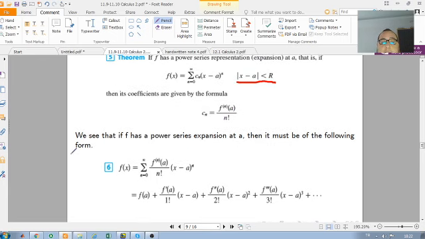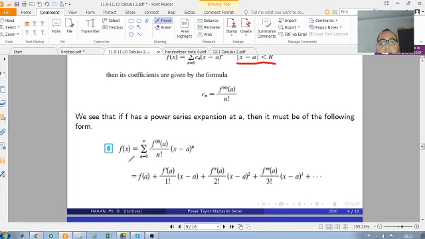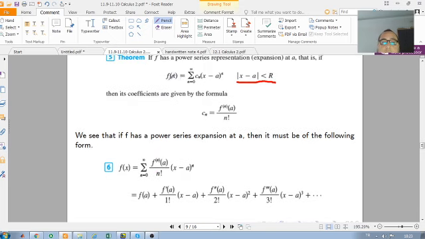So we see that if f has a power series expansion at a, then it must be of the following form. So if you want to find the power series representation of a function, you can use this formula,